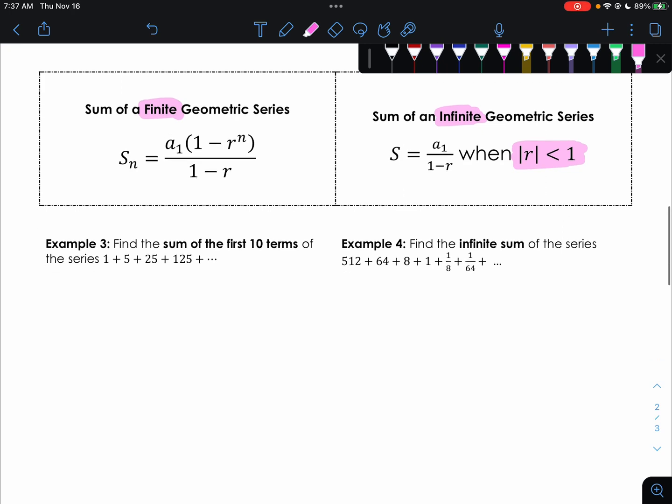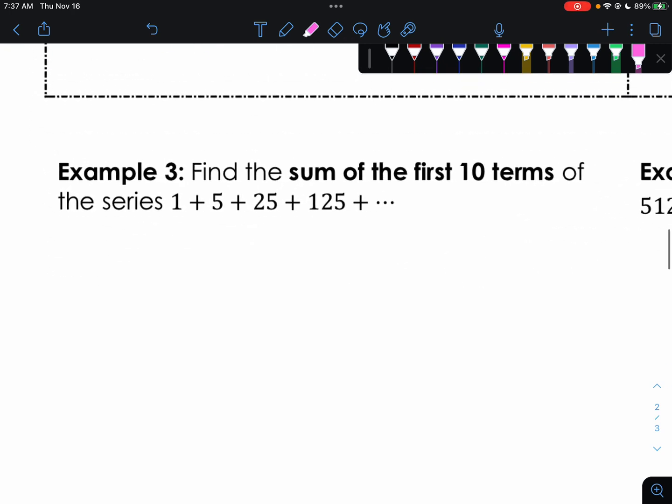So, in example 3, find the sum of the first 10 terms of the series, 1 plus 5 plus 25 plus 125 plus ... So we are given a number of terms we want to find the sum of. So we're going to use the first formula. So that is S sub 10, because it's the first 10 terms, is equal to my first term, which is 1,